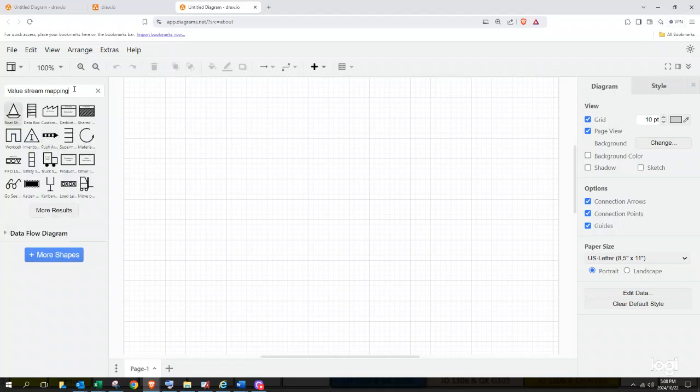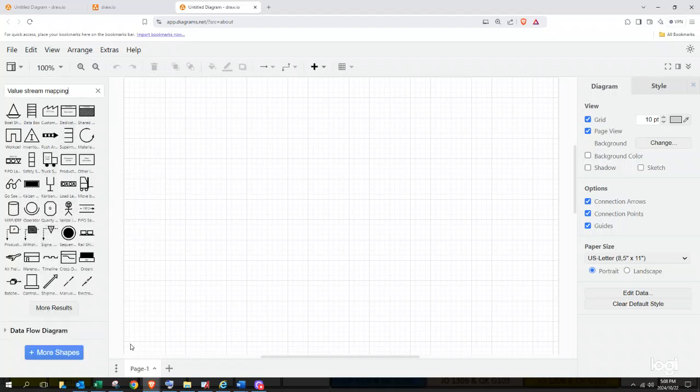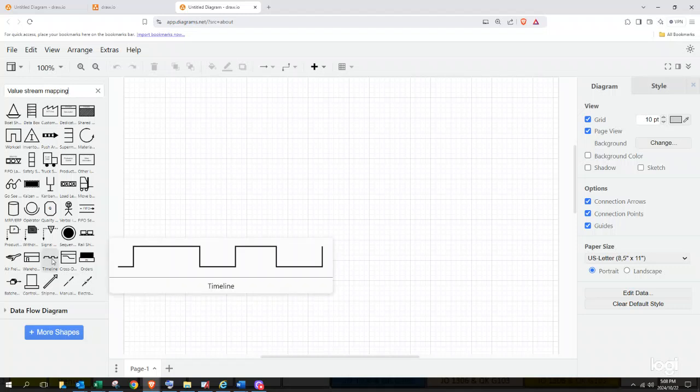And then it'll produce these symbols that you are familiar with, right? Some you might not be familiar with, but I believe most of them you're familiar with, right? Then you can click on more results to get more shapes,